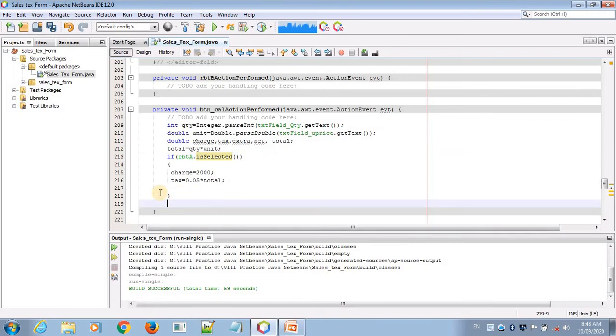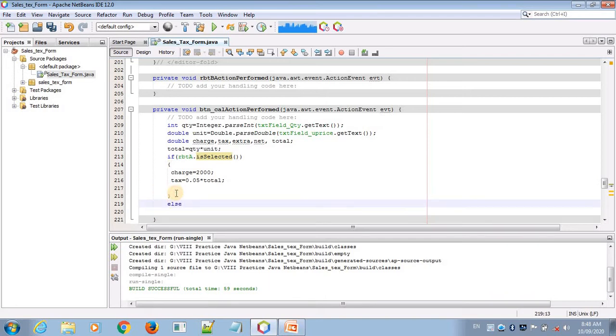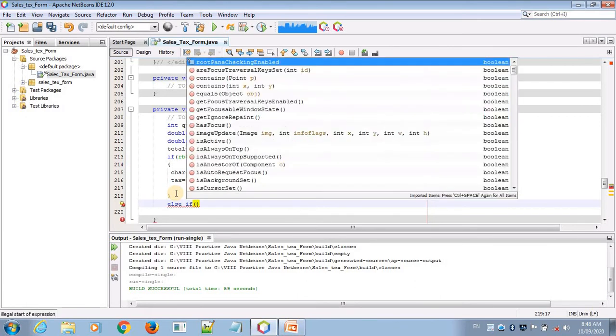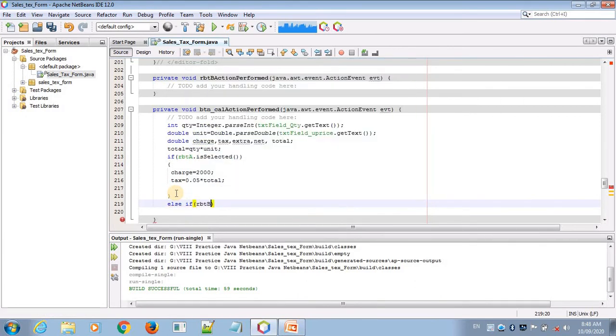Now comes the second condition, that is else if. Okay, that is else if, and the second radio button RBTB is selected.